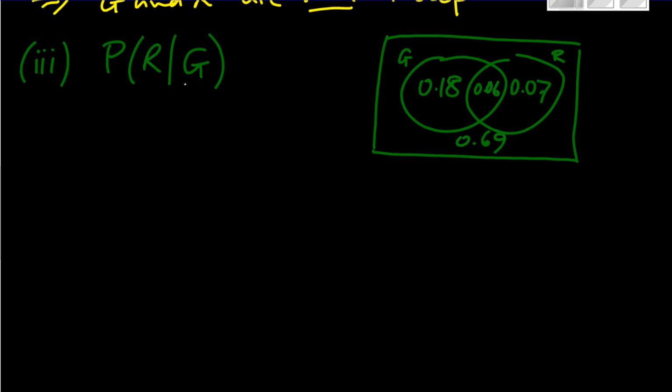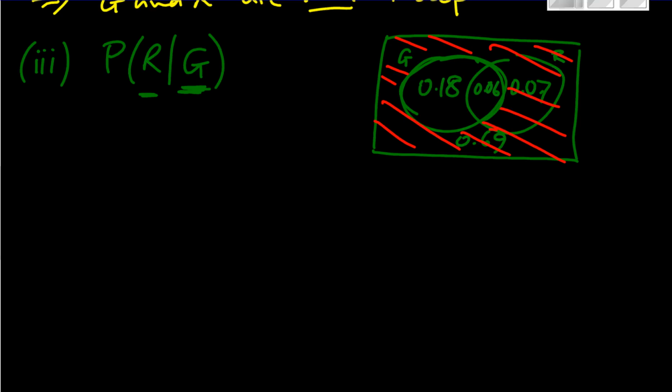That's the probability of R taking place given that G has. The important thing about being told that G has taken place is that we're not interested in any part of this diagram where G does not take place. So I'm going to put a red line through those sections, because we're only left with